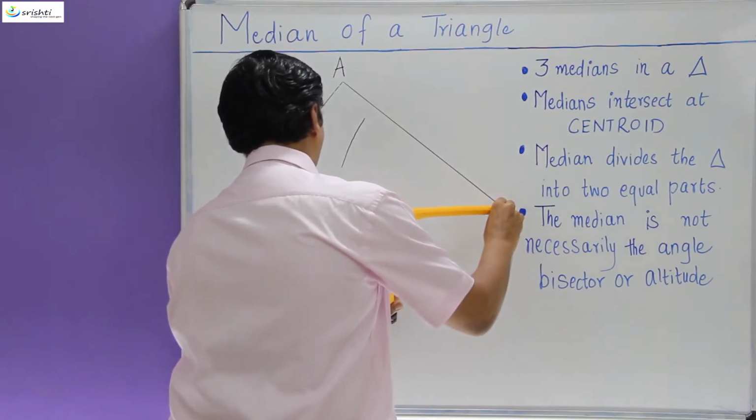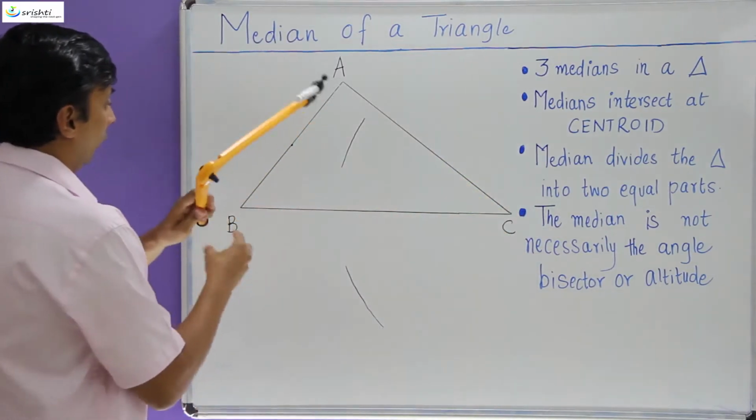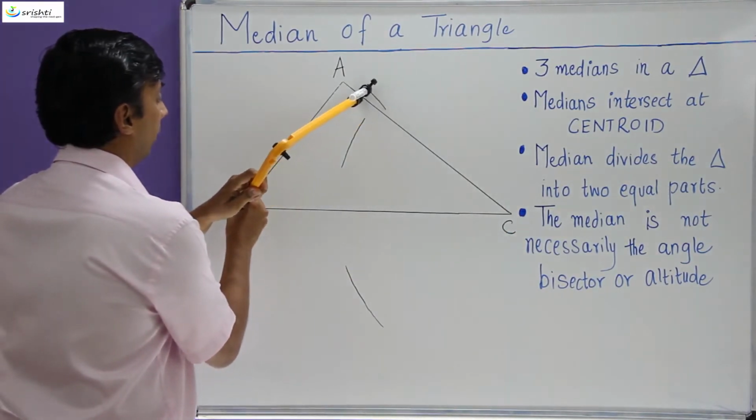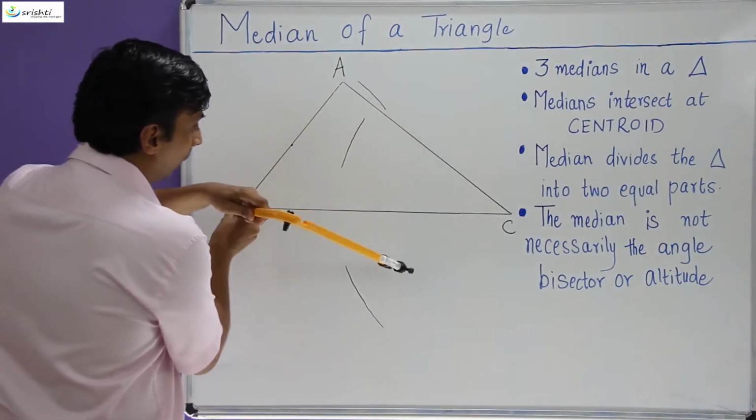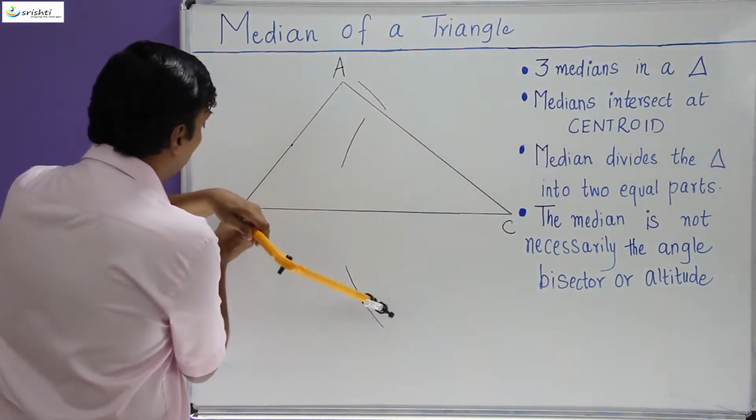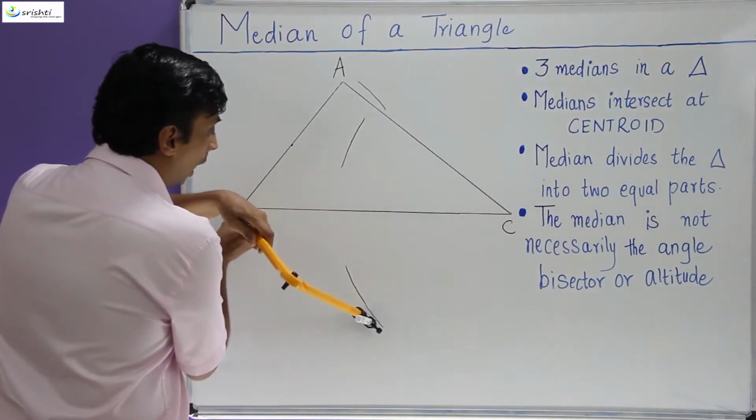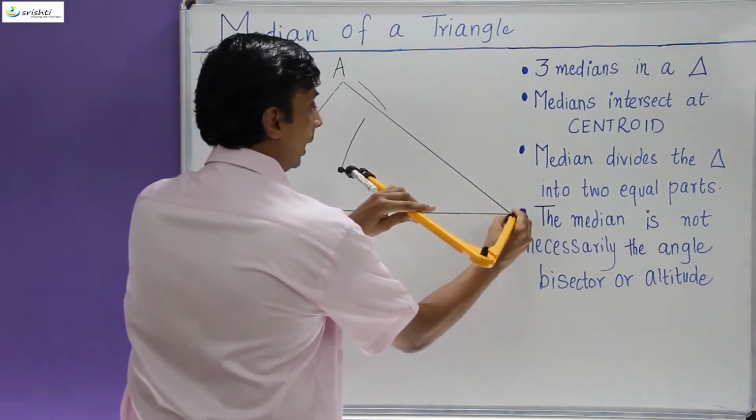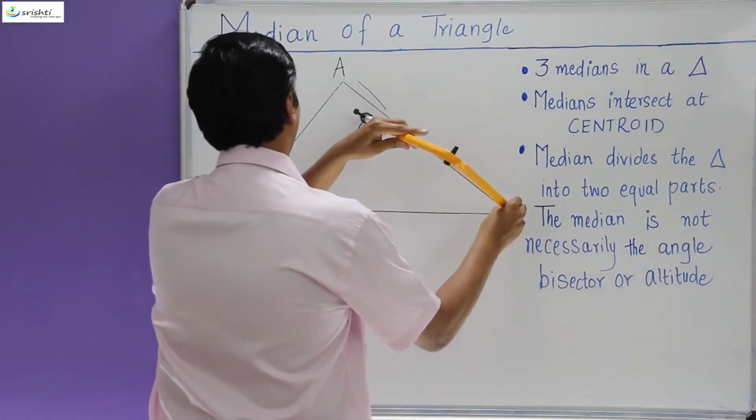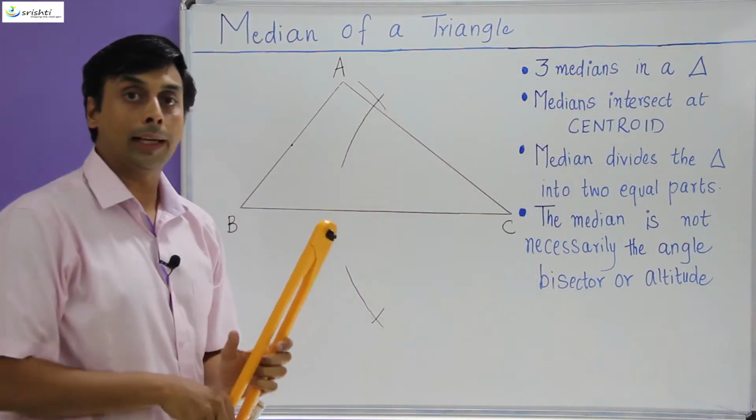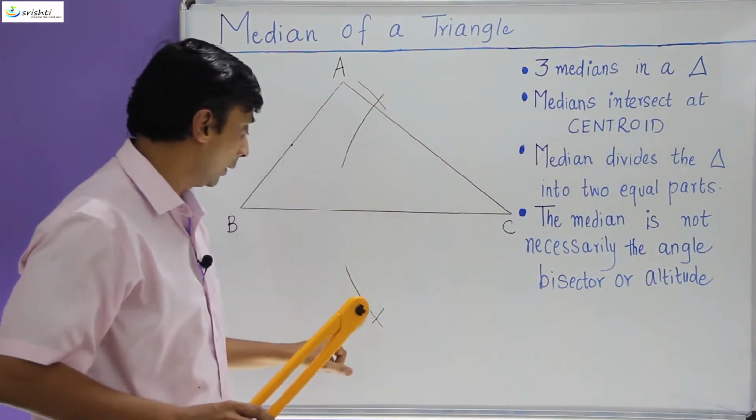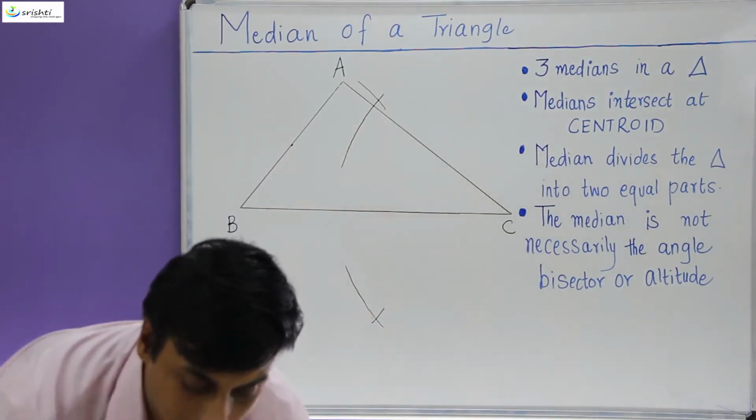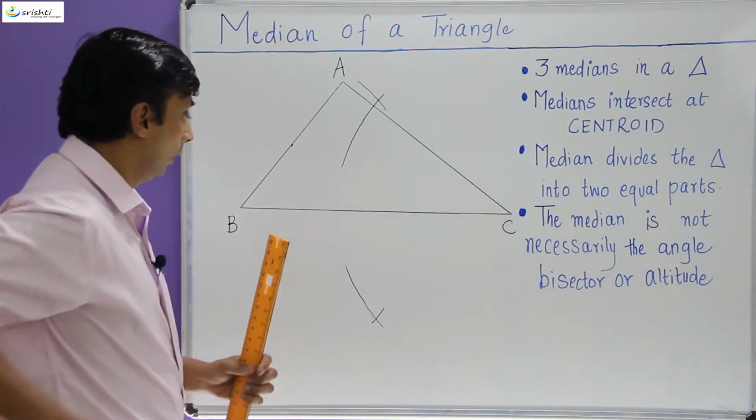Then with the same measurement, without changing the measurement, from the vertex B, I mark another arc above the segment BC as well as below the segment BC. So once I mark those two arcs, I find the point where those two arcs intersect. So here on the top you would notice that one arc is not intersecting, so I have to extend that particular arc. So the point where these two arcs meet, this point as well as this point, I have to join these 2 points. So I would join them using a scale,